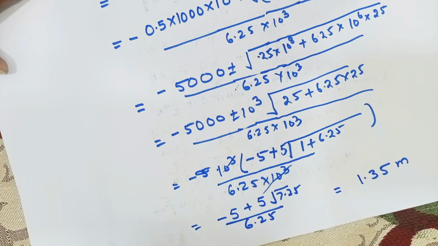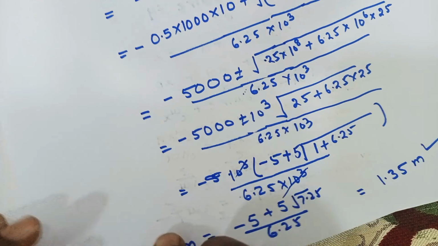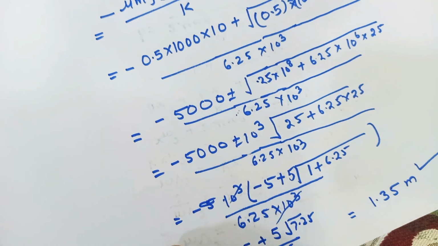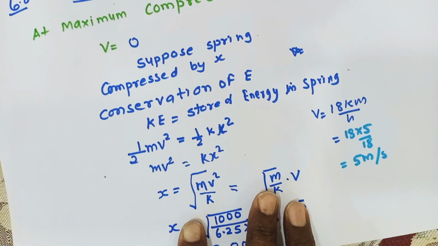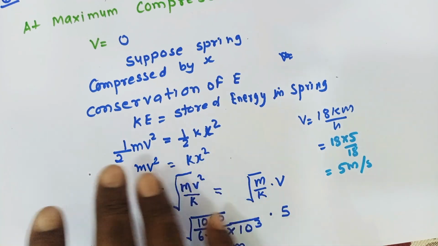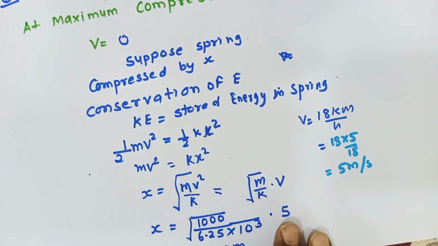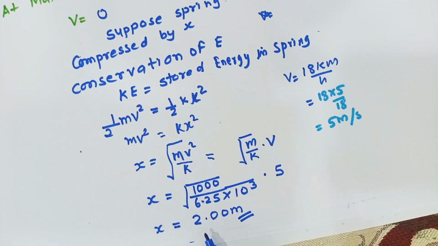So in this case, the xm will be this. This is the xm which is less than the xm which we got without friction. This question has two parts. If you see from the beginning, first we discussed this car is moving and colliding with the car at 5 meter per second, and the result was 2 meter. But when we consider the friction,